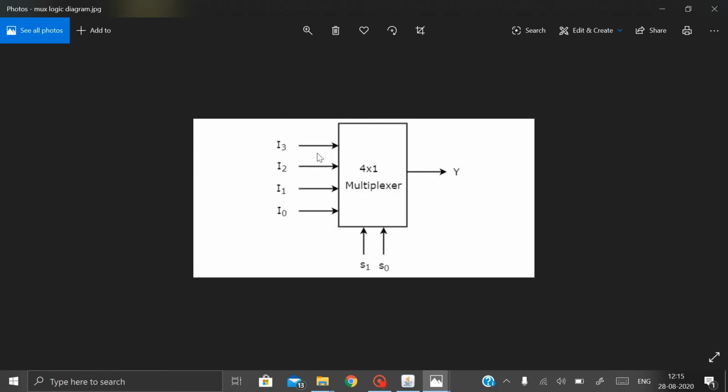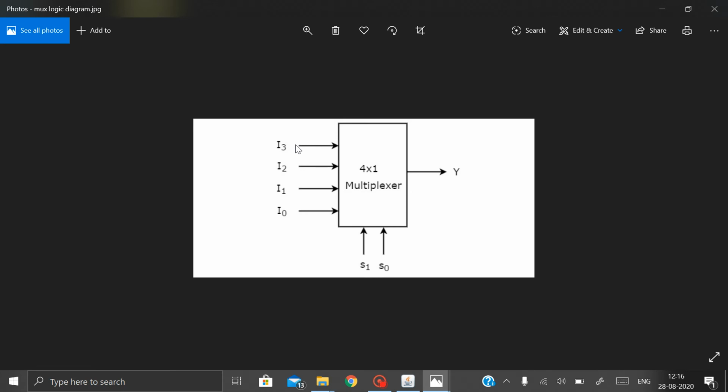Here there are four inputs and a single output. Actually, this is a 4 into 1 multiplexer. For n input lines, log n base 2 selection lines are required.